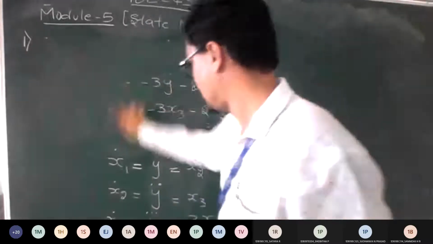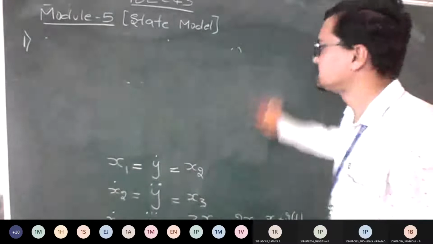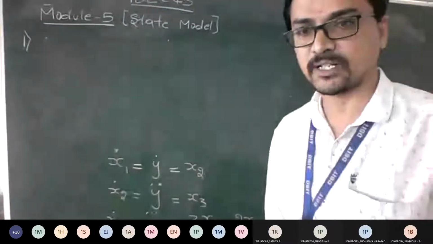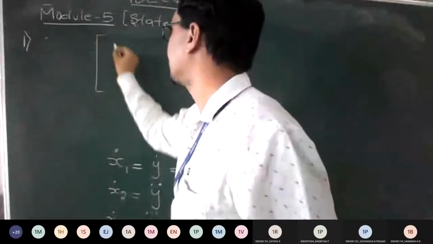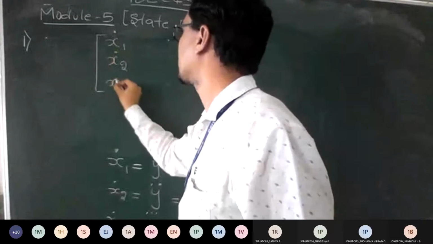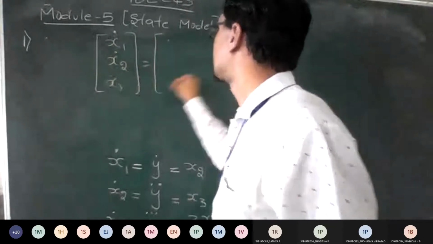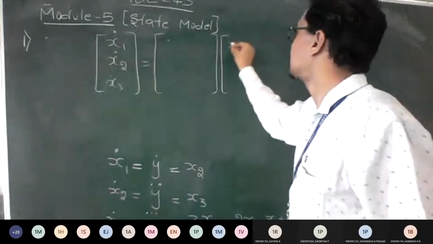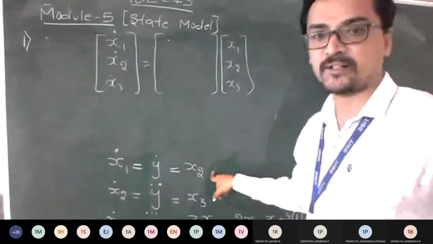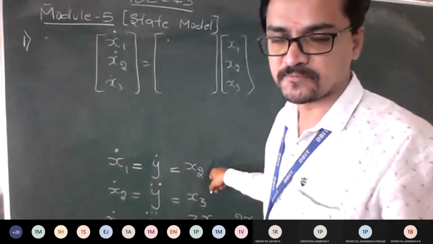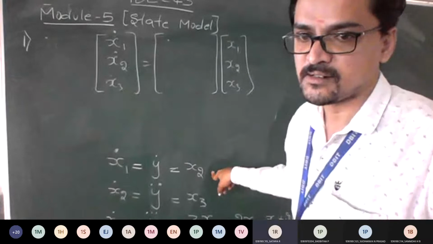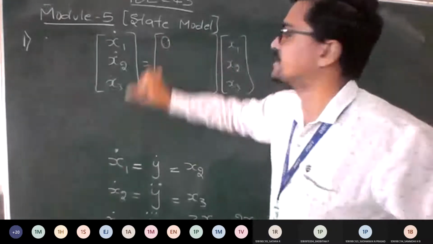So you erase this till here. I'll keep the answer of this. So this is my x1 dot, guys. Now tell me what are the coefficients. I can represent this as x1 dot, x2 dot, x3 dot. So what is the coefficient? You can mark here x1, x2, x3. From the first equation, do you have any x1 term, guys? No, sir. Is x1 there? No. It means I can put 0 here.